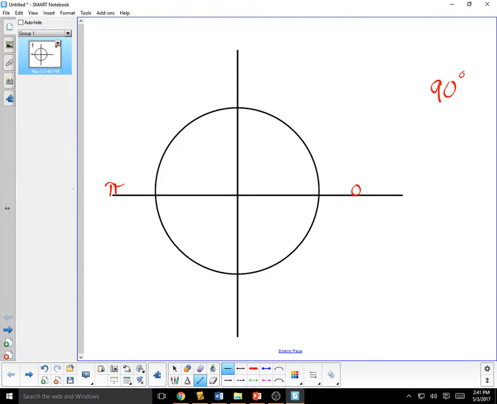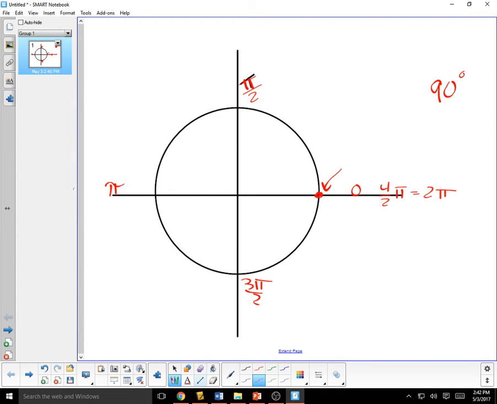I'm just going to write it as pi over 2. So that's 1 half, 2 halves, 3 halves, and this would be 4 halves, also known as 2 pi. Make sense? Questions on this? Does this circle make sense to you? Yes. Good. Now, if this is 1 unit, then